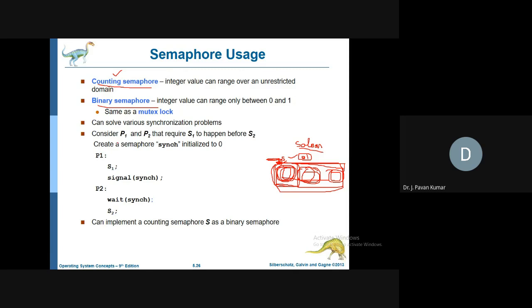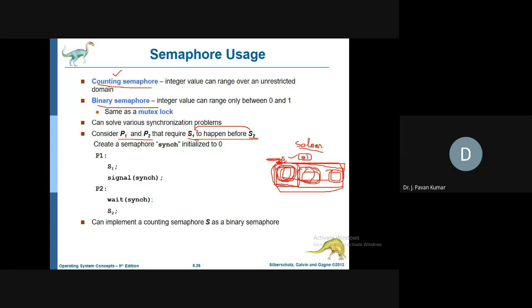Yeah, this is one example. P1 and P2, we are having two processes, and we are having S1 and S2 as two statements. The requirement is that S1 has to execute before S2. S2 should not execute before S1. Whenever S1 has completed, then only S2 has to execute.